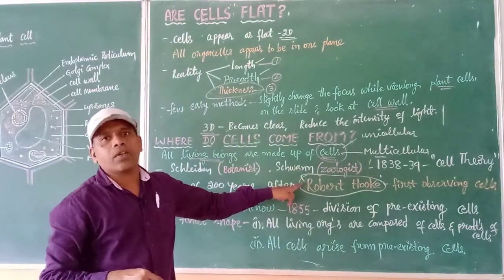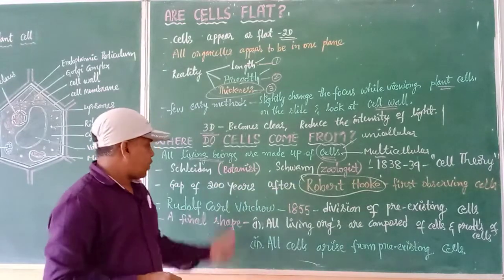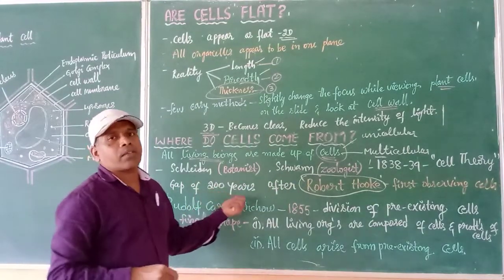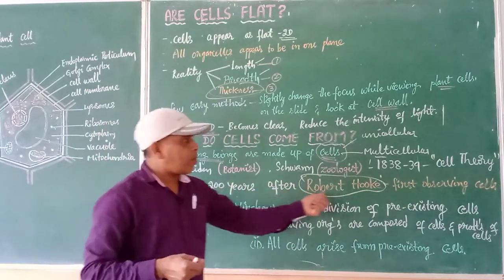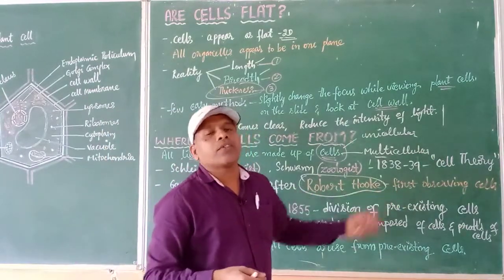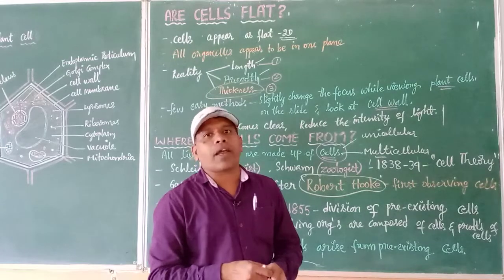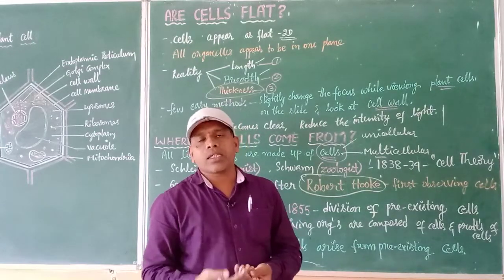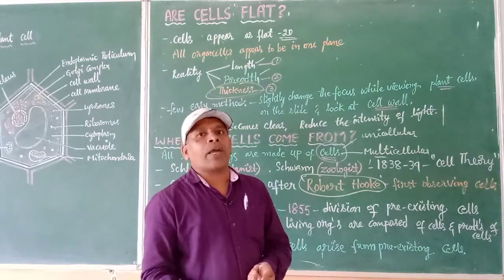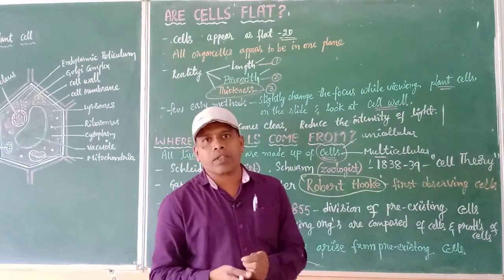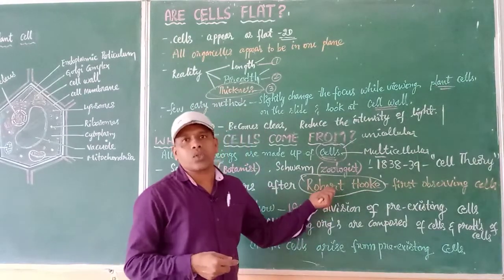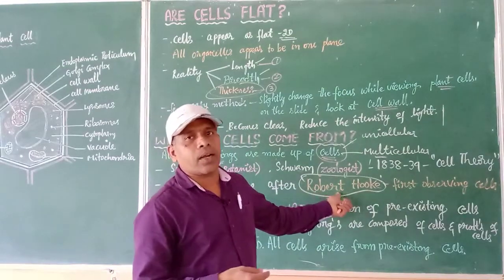So in the beginning itself, in the 8th class you have studied. The very first person, almost 200 years before, proposing a cell theory. Robert Hooke observed the first type of cells under the microscope. In those days, scientists used to invent their own microscopes, and they used to see different types of things, and the credit goes to Robert Hooke, who observed the cells.